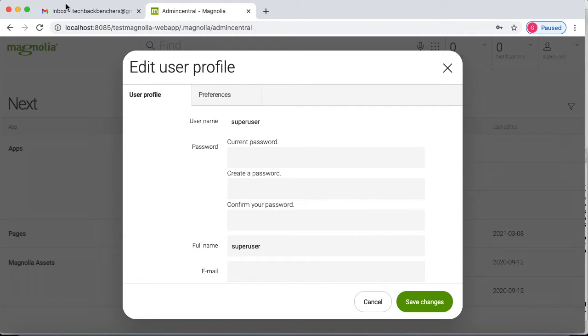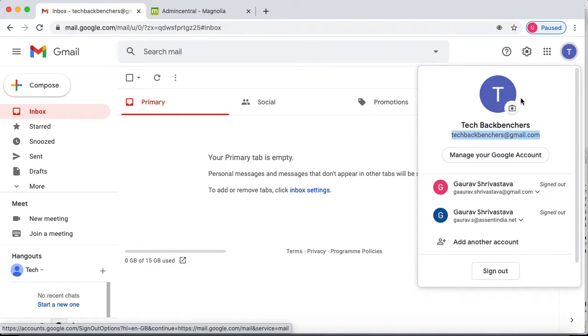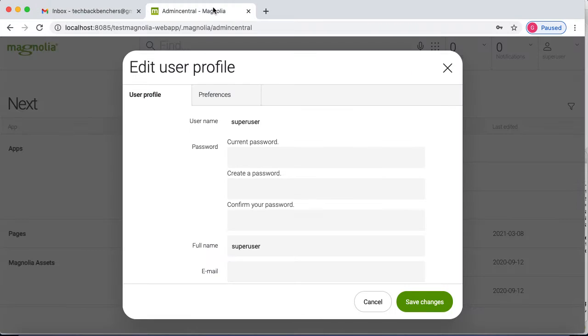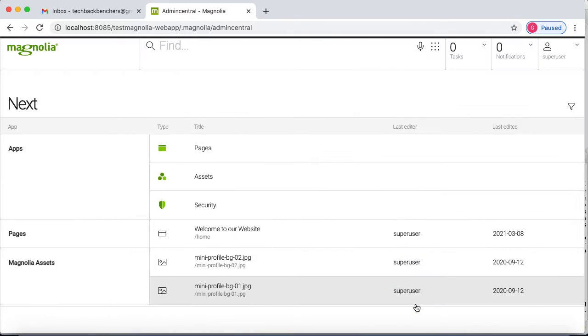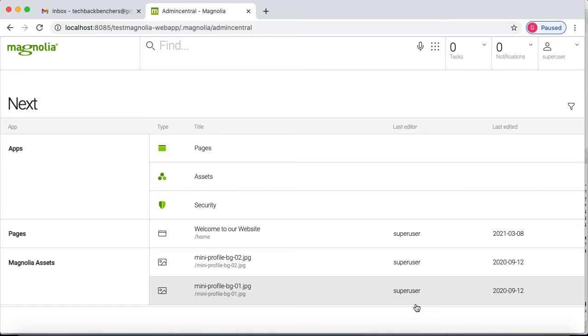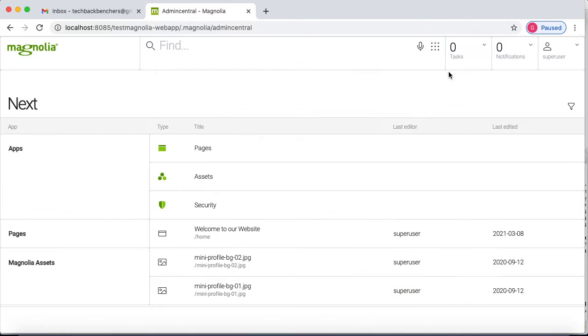So I will take this backbenchers as a receiver email, and the same I will use for that SMTP authentication. So this I have done. Now we will verify this. Yeah, we can see here it is successfully configured here, and now we'll move to the second part, that is